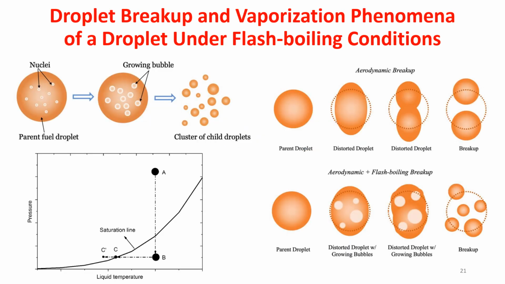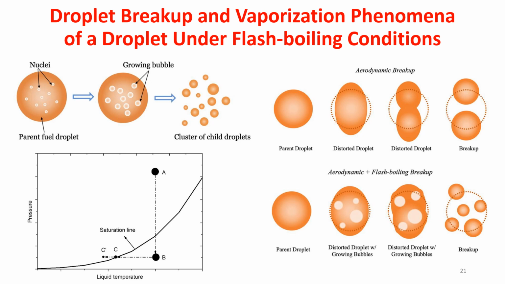Let us assume position A shown in the PT diagram is the injected liquid temperature. When the heated liquid fuel is injected into a chamber at pressure conditions below the saturation line, shown as B, the liquid will undergo flash boiling. When the liquid is under such a phenomenon, it will try to reach the equilibrium position, which is shown as C. During this process, due to the internal superheating